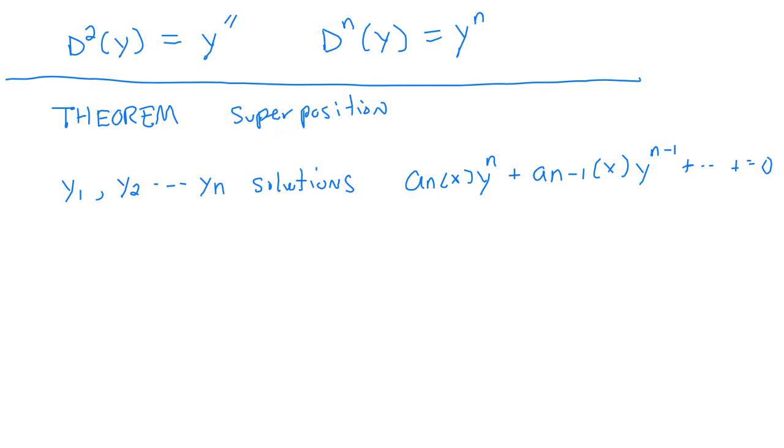Also, I don't know if I talked about this or not, but right here, where you have a sub n of x, that's just a coefficient in front of the y, right? But over here, the n minus 1, that just means it's the next coefficient. There's nothing special about it. It just means that you have one coefficient and then you have another coefficient. And also this whole n and n minus 1, all that means is that if this is a second order differential equation, then it's going to go 2, 1, and then 0. So it just means everything's in descending order. Anyway,